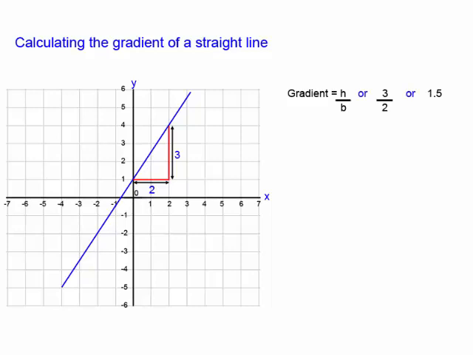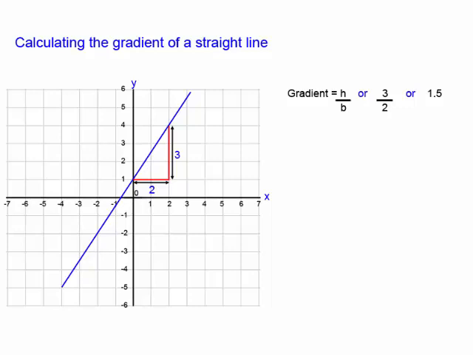Remember, when we want to measure the gradient of a straight line graph, we take a point where the graph crosses the y-axis. We measure across the x-axis for a number of units, then draw a vertical line up to where it touches the graph. The horizontal line forms our base and the vertical line is our height. To measure the gradient, we divide the height by the base. In our example we had the fraction 3 over 2, which means every 2 units we go across, we go